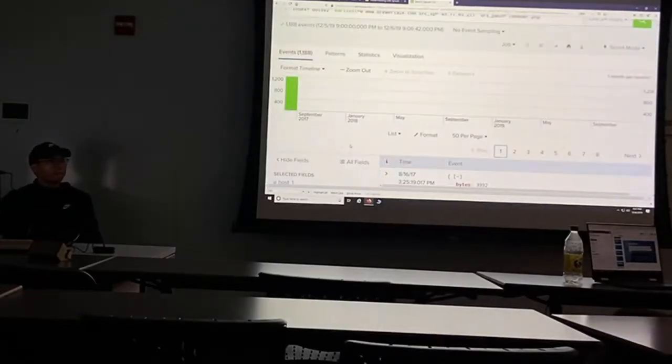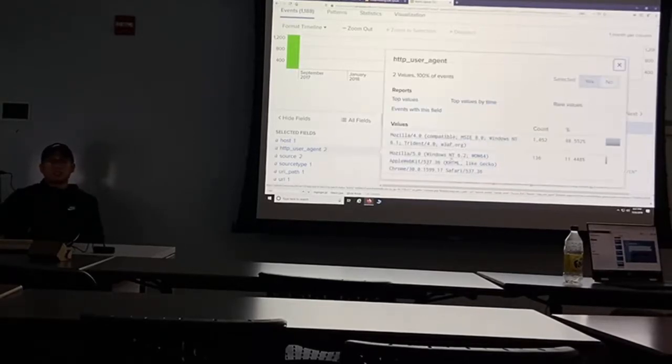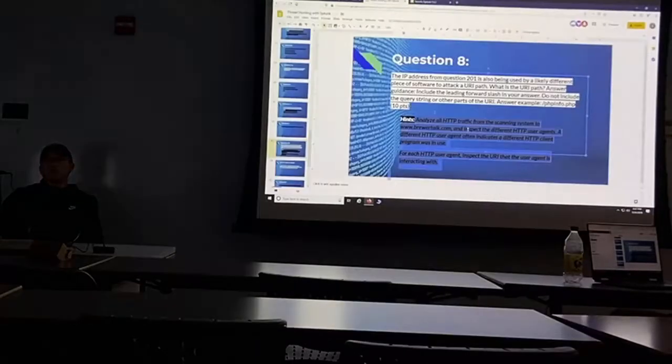Sure, I would have stopped at just getting member.php. If it works, it works. But I just don't know what else you wanted, to be more in depth with it. You would have hit member.php, and then you would have seen these two HTTP user agents. Knowing what traffic goes to the specific web server would have helped as well. Does that make sense?